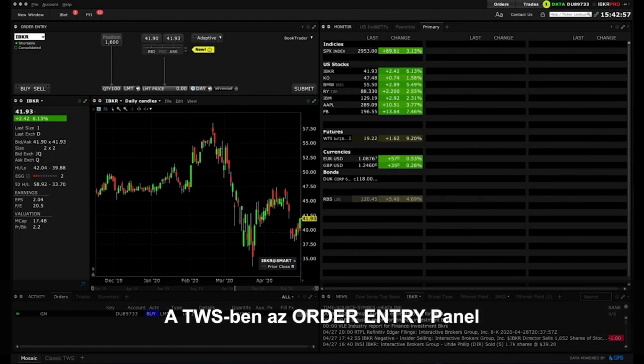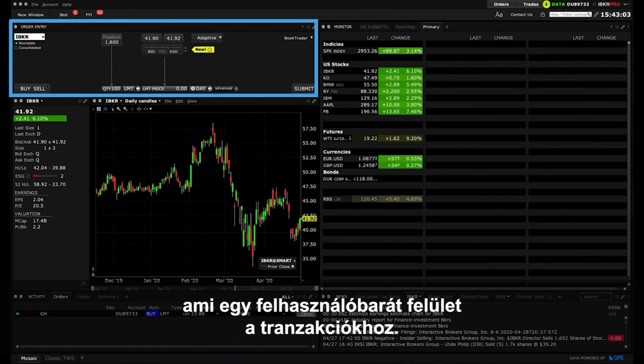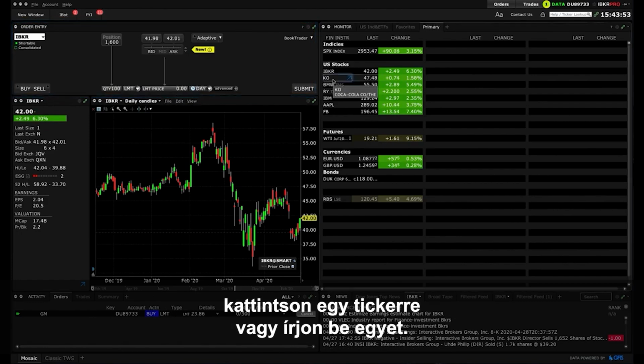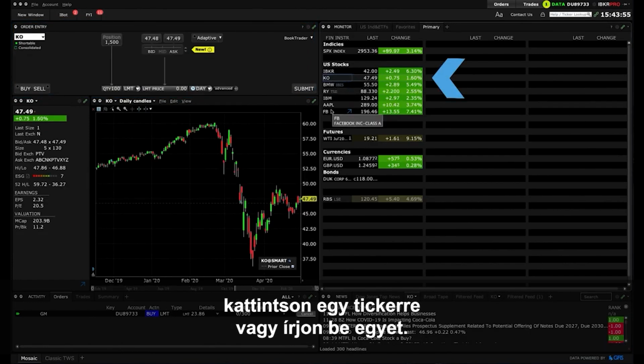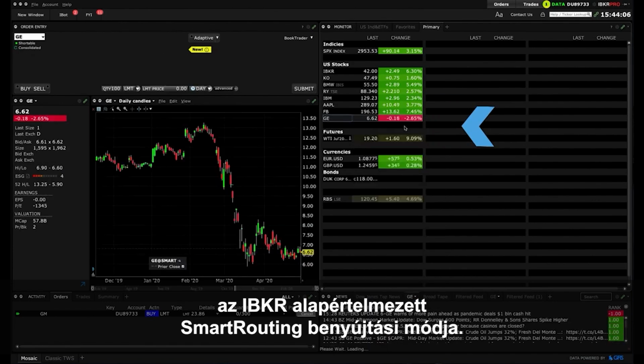After opening TWS, you will see the order entry panel's default view in Mosaic, which is typically a user-friendly environment for most transactions. There are several ways to input a stock ticker for this trade. For example, you can click on a symbol in the monitor panel or type one in. If you're typing one into the monitor panel, select stock followed by SMART, which is IBKR's default smart routing order